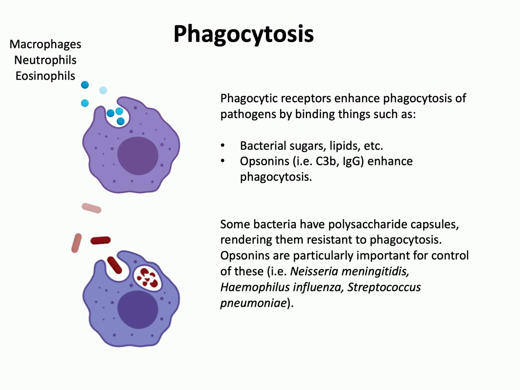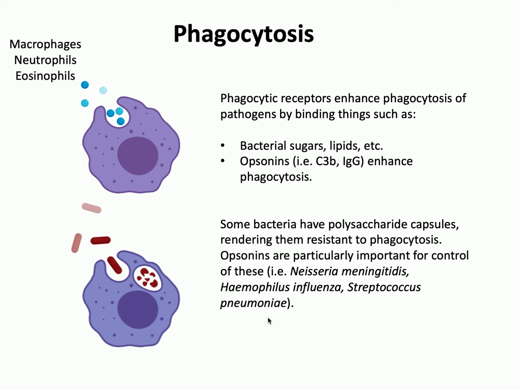Phagocytes are able to bind to pathogens via phagocytic receptors. These phagocytic receptors can bind things such as bacterial sugars and lipids. However, some of these phagocytic receptors can bind opsonins, and the two primary opsonins that exist are C3b and IgG. And these opsonins dramatically enhance the ability of these phagocytes to bind to pathogens and ingest them. Once these phagocytes ingest these pathogens, they take them up into this structure called a phagolysosome, where they can then